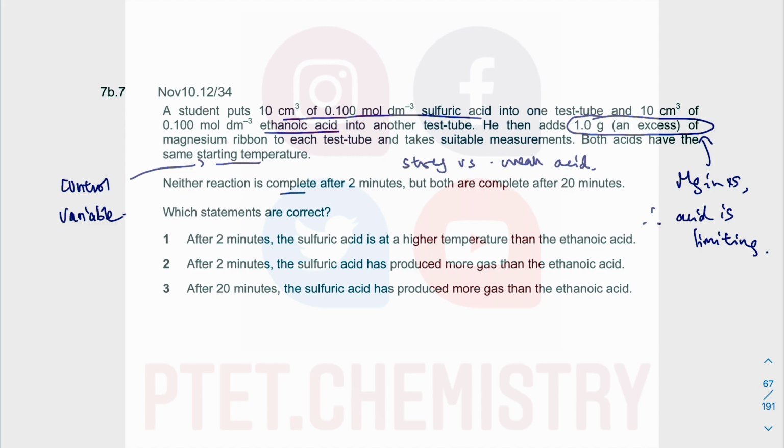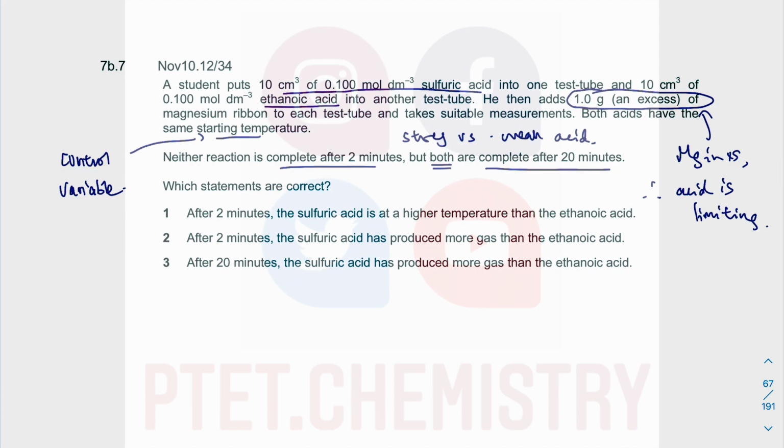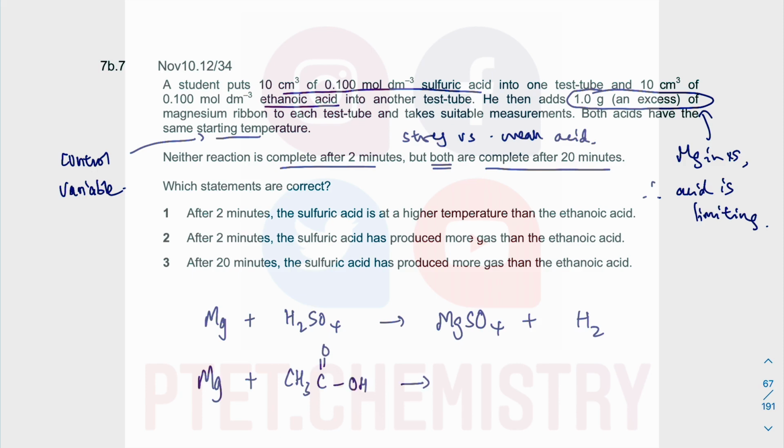Neither reaction is complete after 2 minutes, but both are complete after 20 minutes. Alright, so even though the concentration in mole per dm cube of the strong acid and the weak acid is the same, why don't we think about stoichiometry? If you write a balanced equation, magnesium plus sulfuric acid will give you magnesium sulfate plus hydrogen gas. If you have magnesium plus ethanoic acid, this is not new because you will have done this in your O-level,